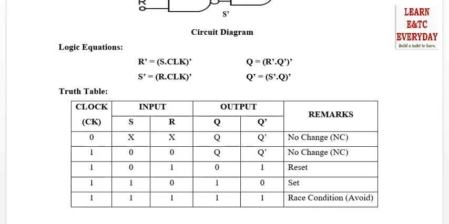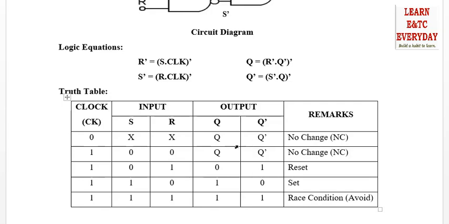Why? Because we are applying 0 clock. So the flip-flop considers that this 0 clock is no clock. Since there is no clock, it holds its previous state. It holds its previous data as it is. Assuming my previous data is Q and Q complement, I am writing the same value, Q and Q complement. So there is no change. Whatever my last state is, is my current state, the same state.